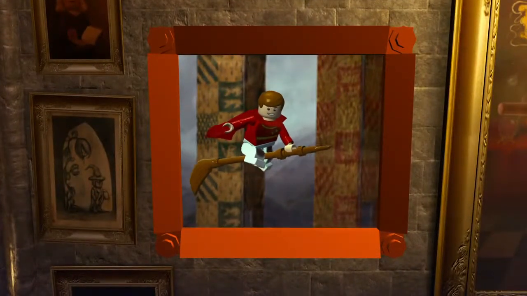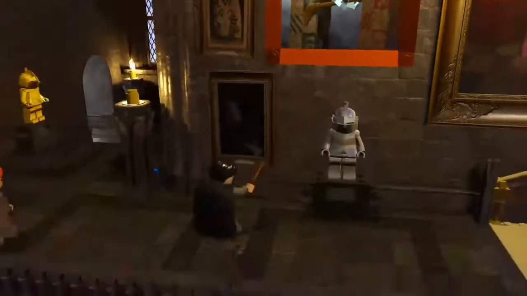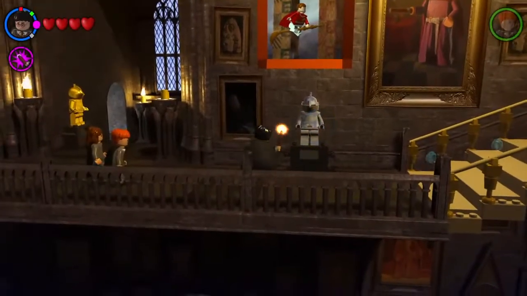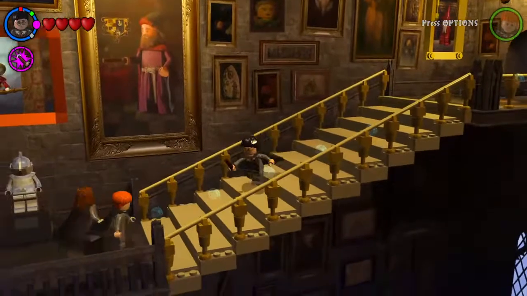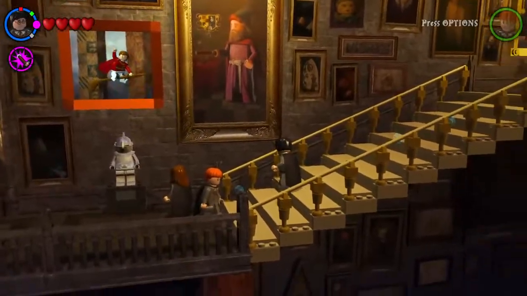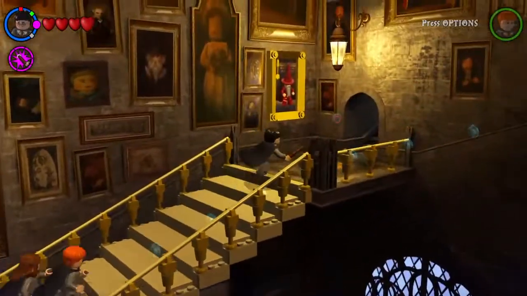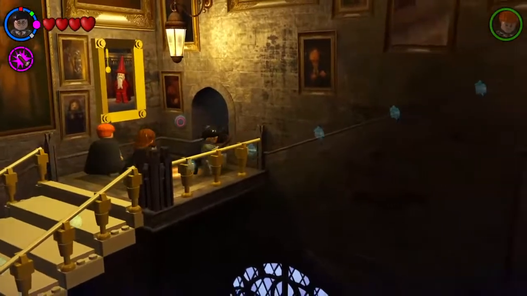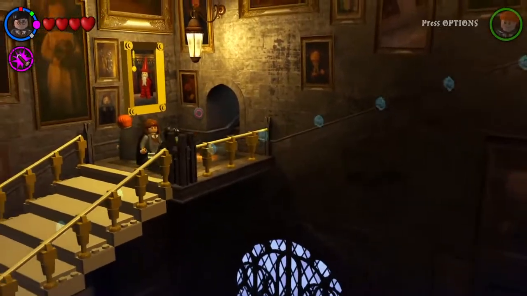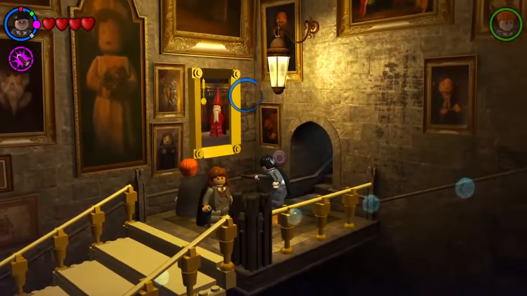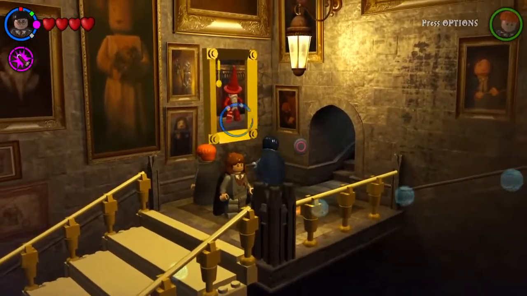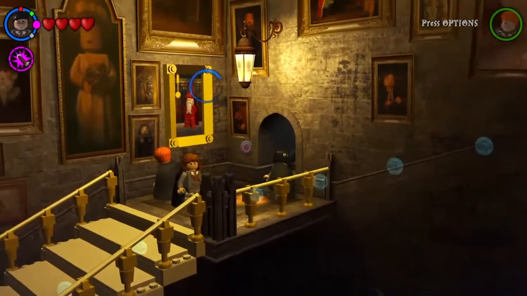Ooh, Quofl. Hashtag channel name reference. There has to be a magical staircase that comes this way, no? Let's hit Dumbledore and see if it turns up.